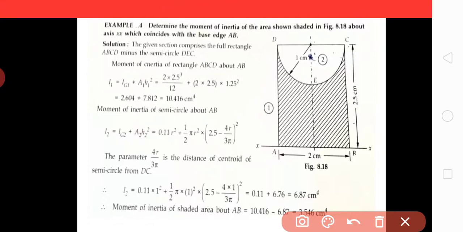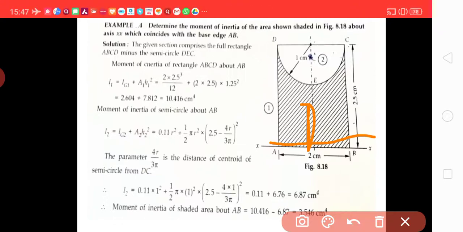Moment of inertia of rectangle ABCD about AB is found by applying the parallel axis theorem, and it comes out IGG plus A1 H1 square, equal to 2 into 2.5 cube divided by 12, because the cube is of 2.5, as it is perpendicular to the axis of reference, plus 1.25 square into the area, that is 2 into 2.5. It comes out to be total